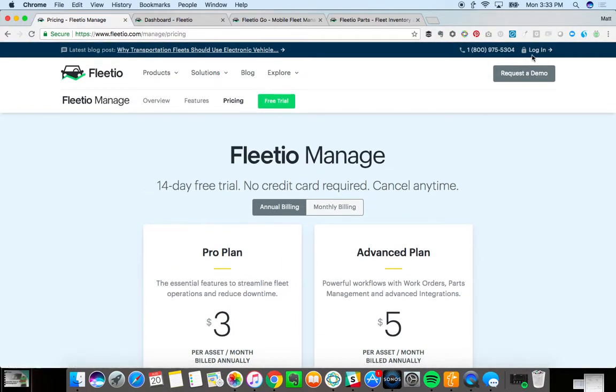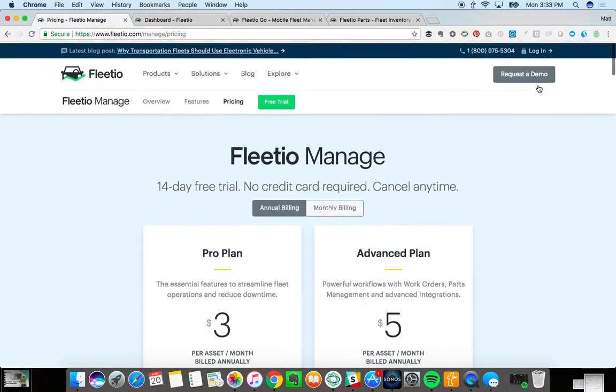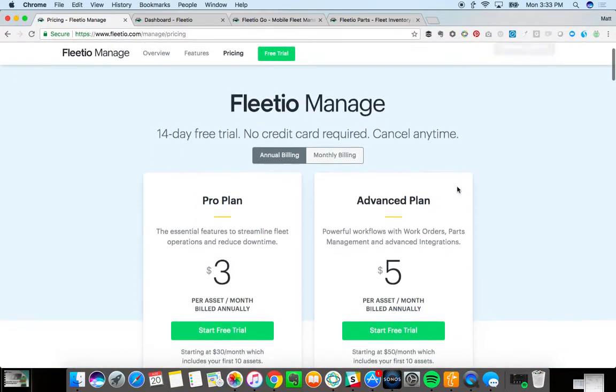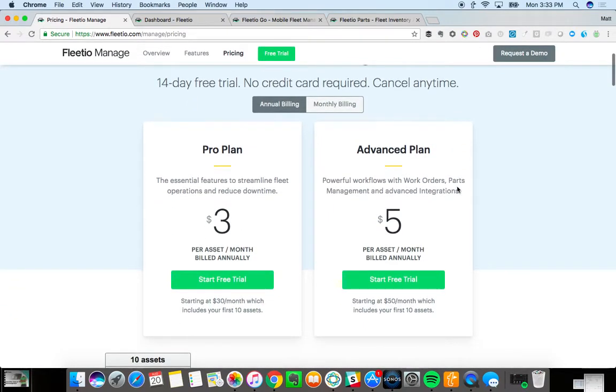You can also log in once you have an account with us and get started from here, but all your subsequent users can be added and they can then log in once they have a username and password for the account. So to highlight what we're going to talk about today, it starts with the different plans that we offer,